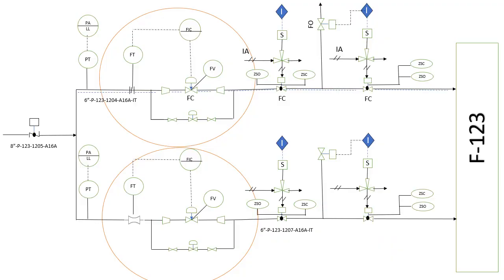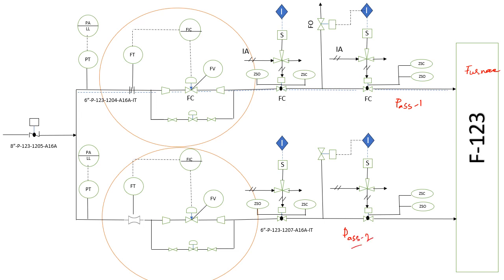So going back to our earlier example, if you see here, this is the furnace example that we started with, and these are two of the passes to the furnace. So this is a furnace, right? And this is one of the lines through which natural gas or some other gas is going towards the furnace, and this is another line. So this is pass 1 and this is pass 2,